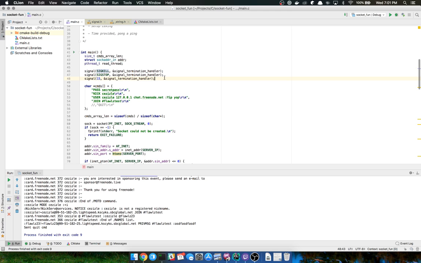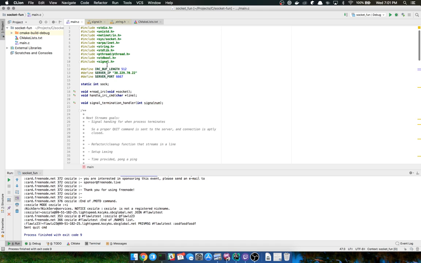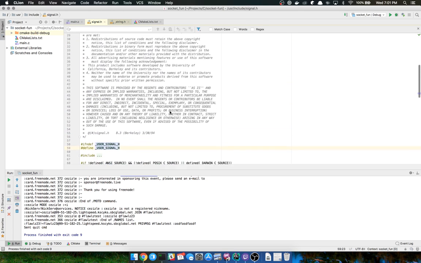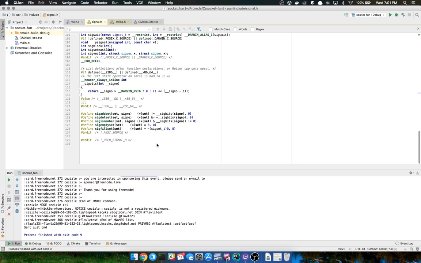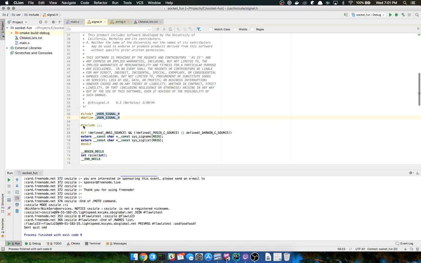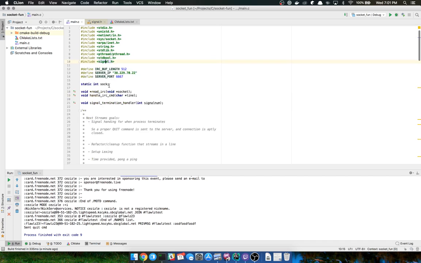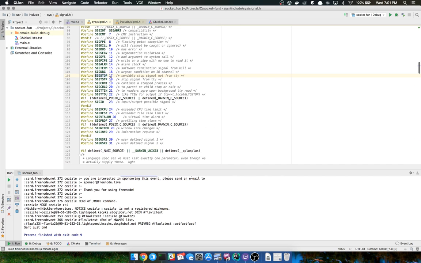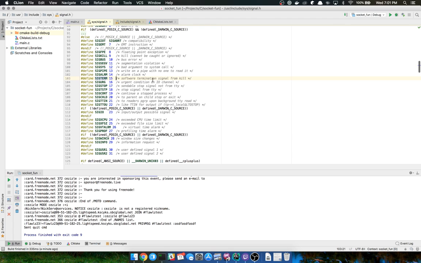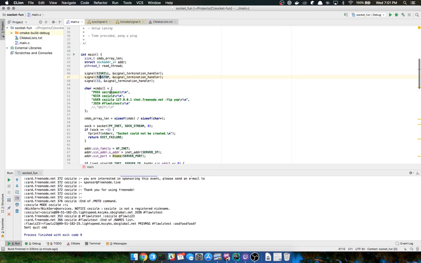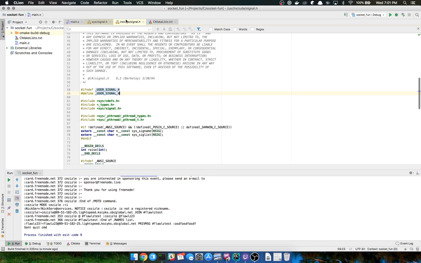Now, I mean, I want it for all three of these, honestly, but it would be nice to know what 15 is. So apparently, I was doing it right all along. I don't like when that happens to me, because it means that I don't fully understand what's actually going on, and it's kind of embarrassing. But I mean, we're all programmers. It happens. So SIGTERM. So software termination from a kill. Interesting. Okay, well, we'll go ahead and replace the magic number 15 with the actual macro.